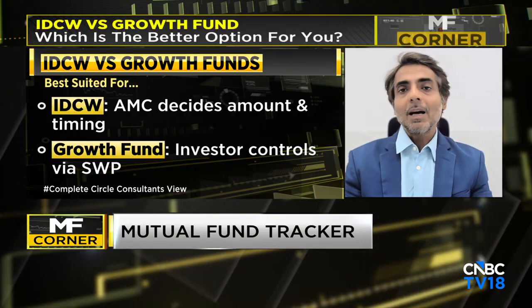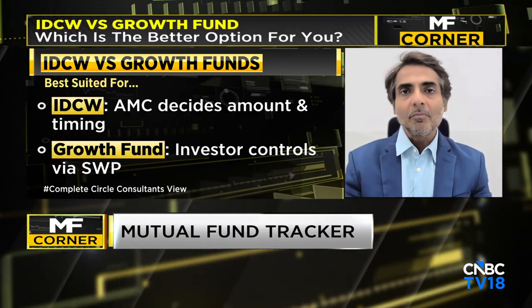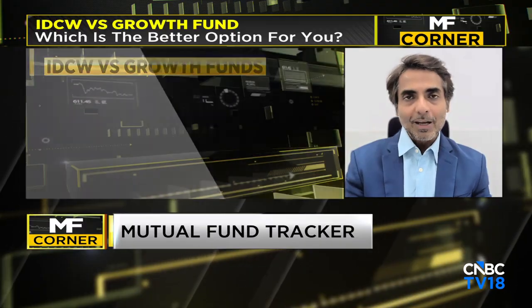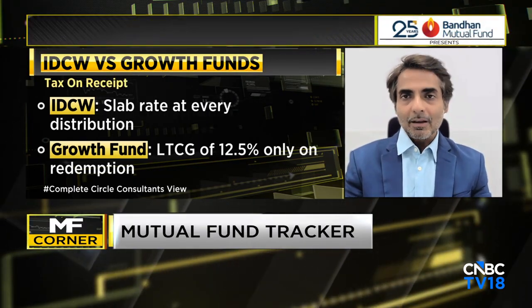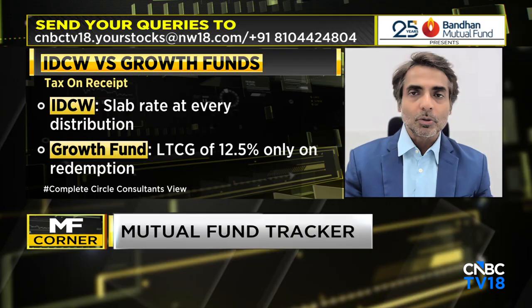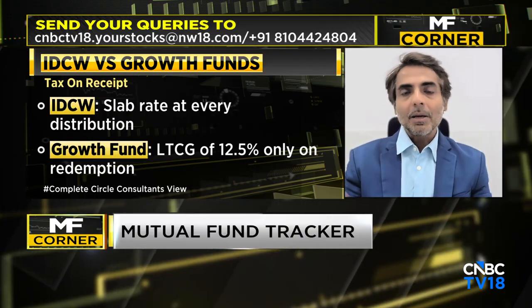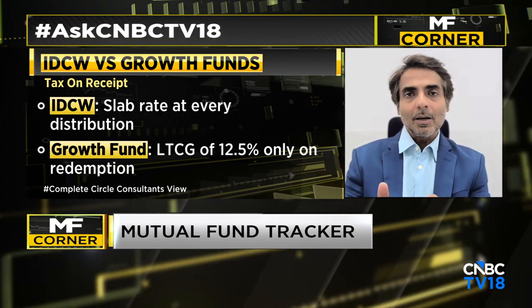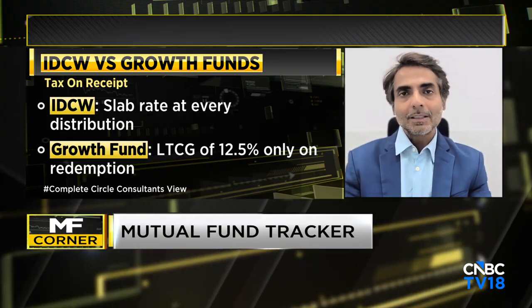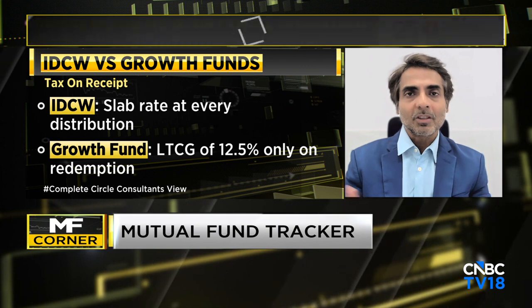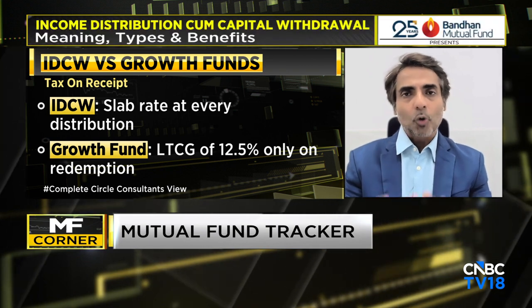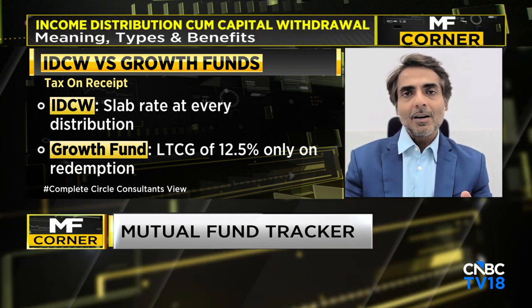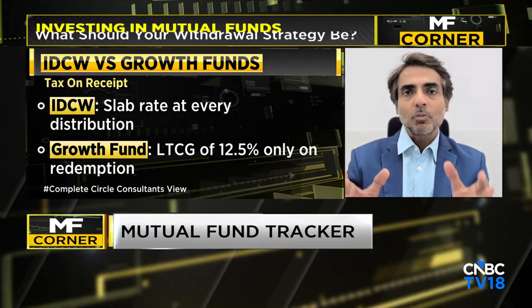Second, for somebody who's in a high tax slab, this is a very unfriendly option, if you ask me, because whatever withdrawal you're taking from this dividend option is taxed at the full tax rate. But if you're in a growth option and need some funds, the capital appreciation part will be taxed at 12.5% as long-term capital gain, and 20% short-term capital gain, which is for less than 1 year. So I think the broader aspect is this, and these are the key things which one should take into account.